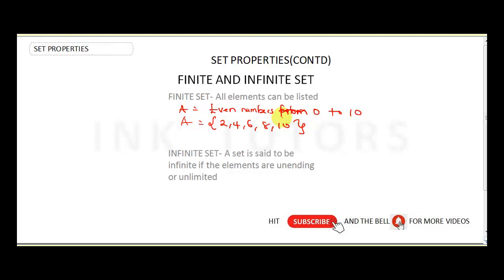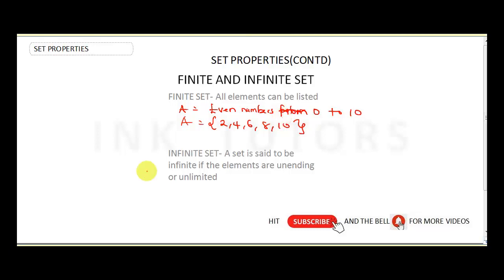We can list all the elements. For instance, if we say A could be all the prime numbers that are less than 100. Yes, we can count all the prime numbers that are less than 100. Now, if we're talking about an infinite set, a set is said to be infinite if the elements are unending or